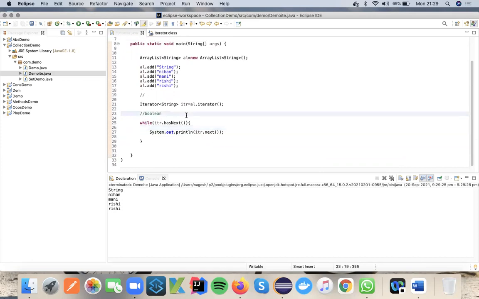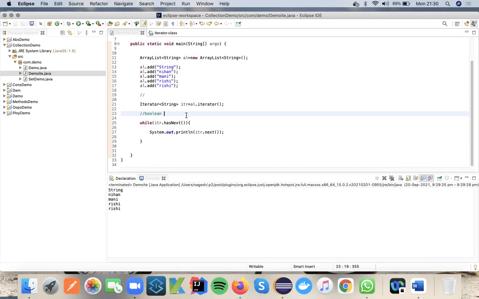Iterator is an interface which we use to iterate a collection object, either ArrayList or LinkedList, Vector, Set, HashSet, LinkedHashSet, TreeSet, everything can be iterated through the Iterator interface. Iterator is the predefined interface. Every collection class will have the implementation based upon which collection object we are implementing. So that implementation will be called.